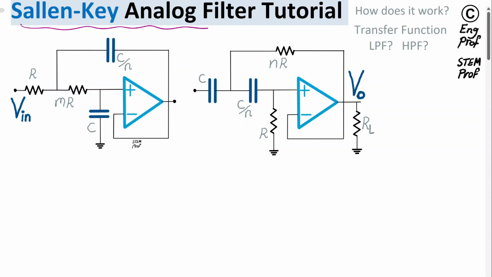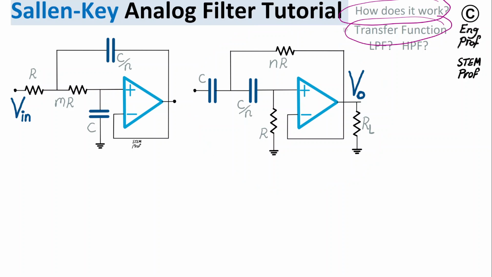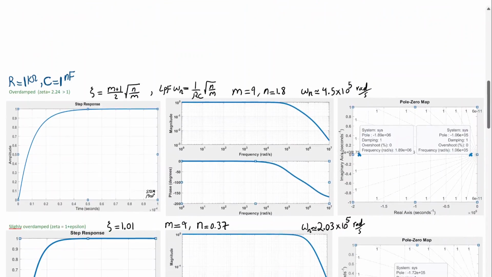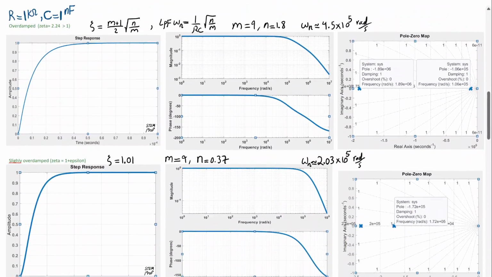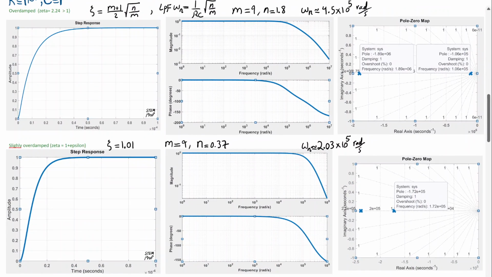In this Sallen Key analog filter tutorial, the two main topologies of Sallen Key analog filters are examined, and we would like to see how this is working, what is the transfer function, and how can we realize low-pass filter, high-pass filter, and specifically I would like to show you that depending on the selection of component values, for example